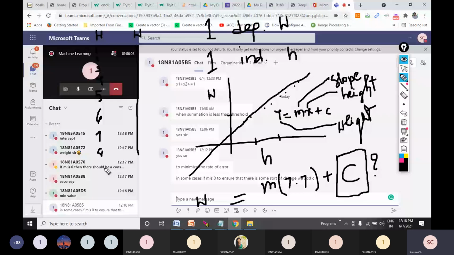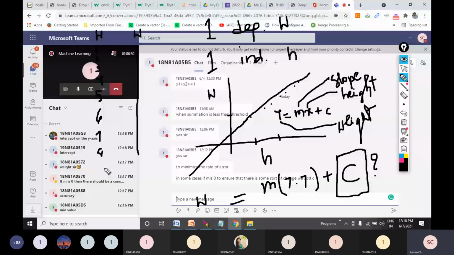Intercept. No, it is called intercept, that is what we have studied in our basic math, right? y equal to mx plus c, c is the intercept. But fine, that's okay. What is the purpose of that intercept? I told you, you don't get this one on Google. Intercept on y-axis.